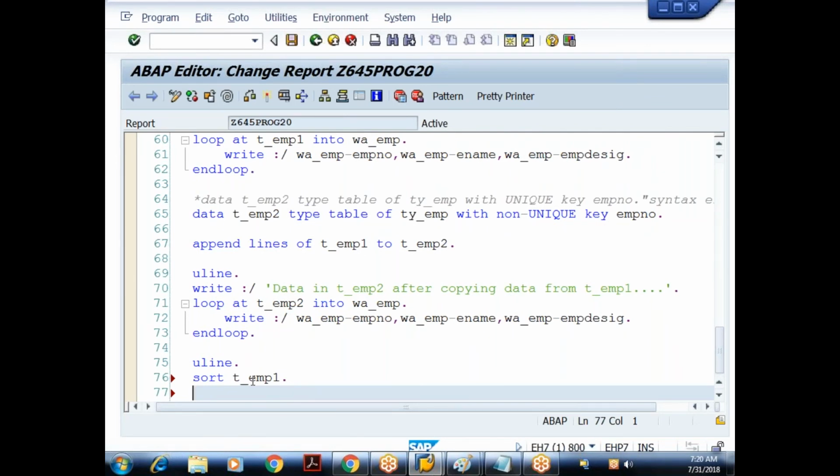It is used for arranging the data in an order. But I'm not specifying based on what field it has to sort. My internal table contains three fields: employee number, employee name, employee designation. We are not specifying the field name on which it has to sort. Let's see what happens now. Let me reprint it.